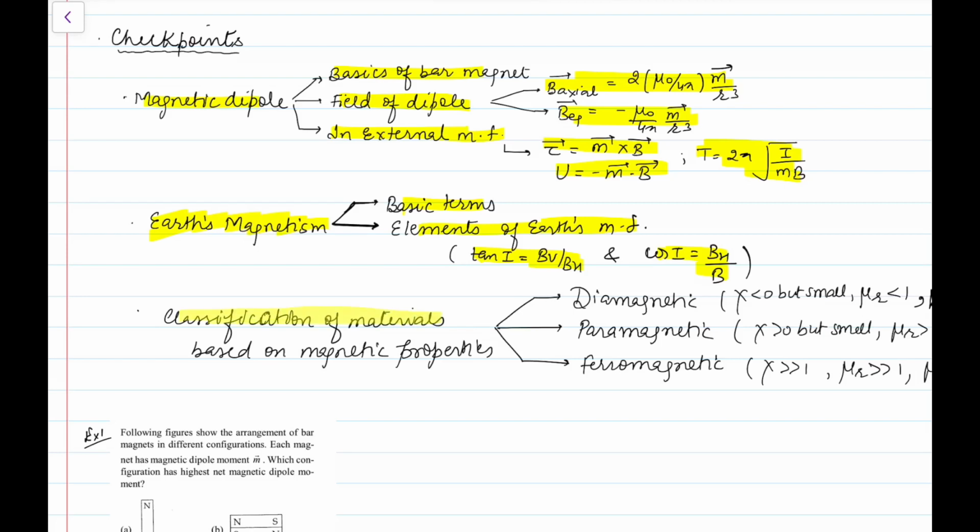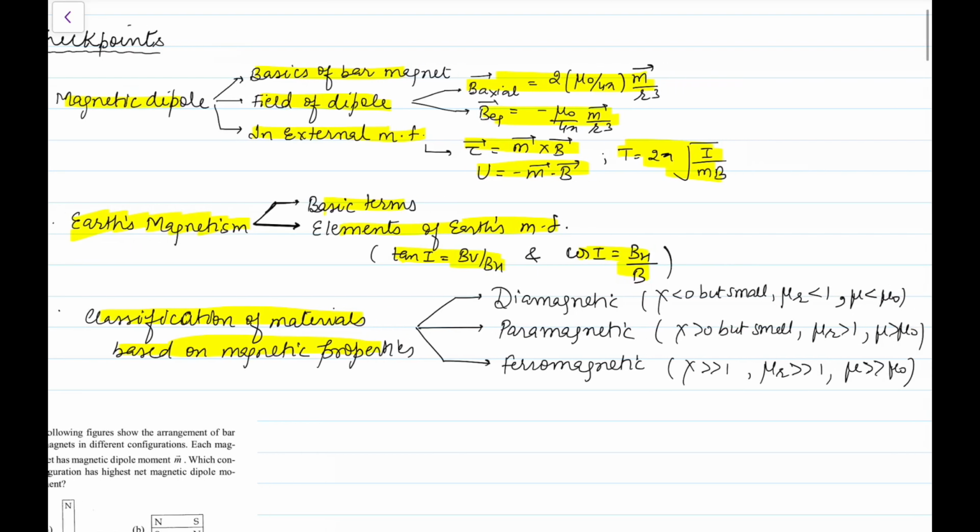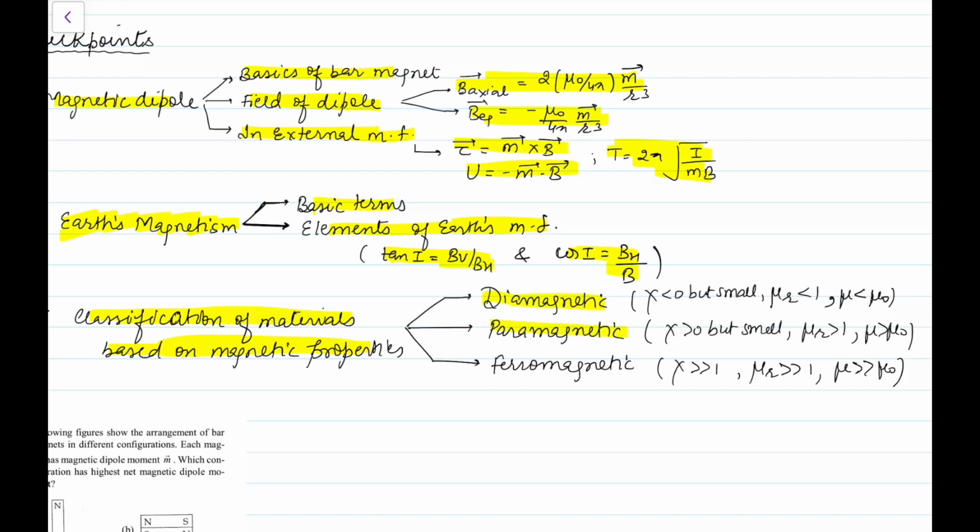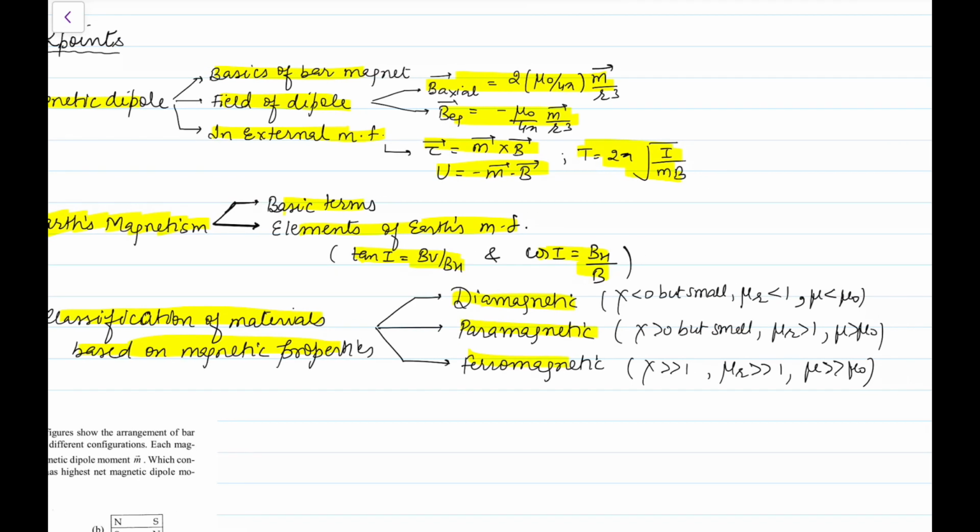And the last part deals with the magnetic properties first of all, and then the classification of materials based on those properties. We have namely three materials: dia, para and ferro. The basic thing you remember is that for diamagnetic materials the magnetic susceptibility is negative but very small. The decrement in the field is very small, mu r is less than 1, mu is less than mu naught. For para, chi is positive but generally small, mu r is greater than 1, mu is greater than mu naught. And for ferromagnetic materials, chi is much greater than 1, mu r is greater than 1, mu is much greater than mu naught. Here you can remember it is displayed only by crystallines.